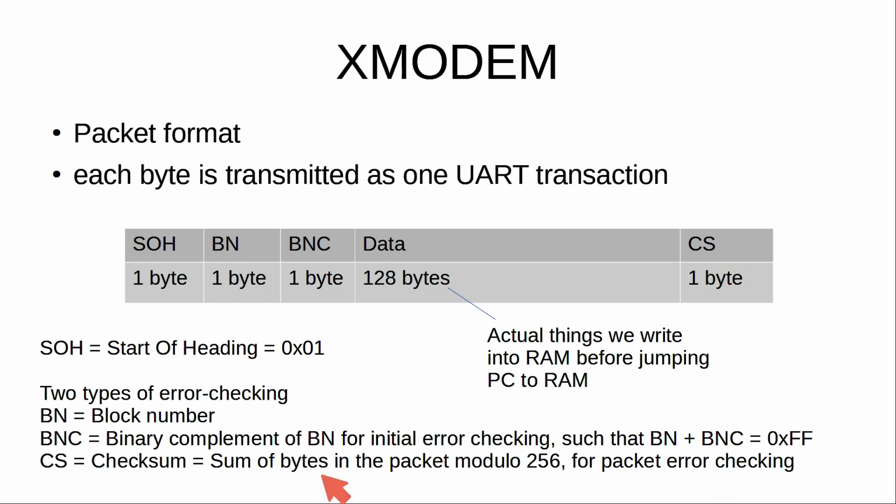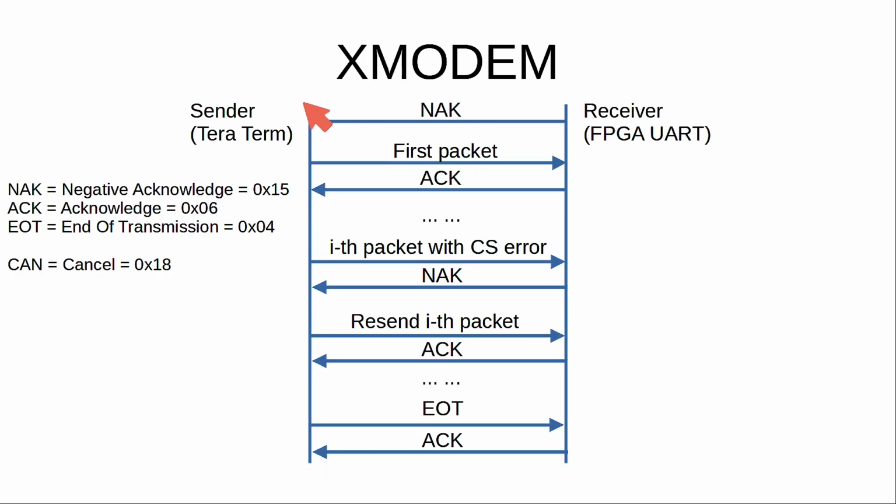Checksum is the sum of the bytes in the packet modulo 256. This is for packet error checking as well. As for the data, these are the actual things that we write into the RAM before jumping the program counter to start executing at the RAM. To transfer binary data from the laptop to our FPGA,